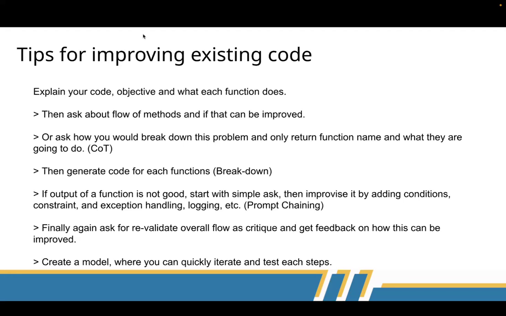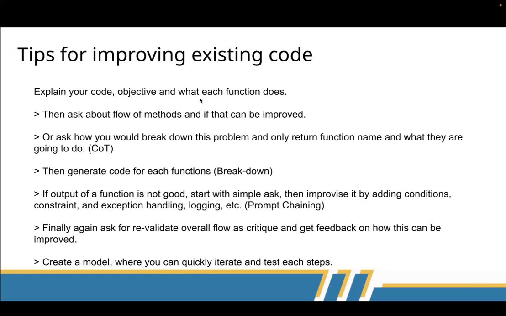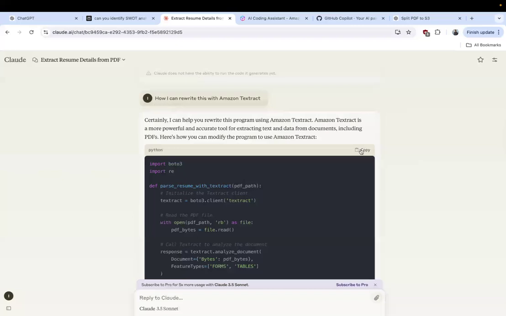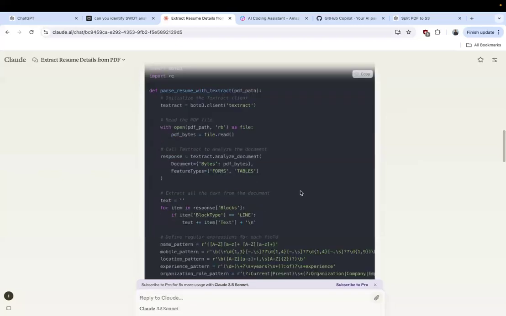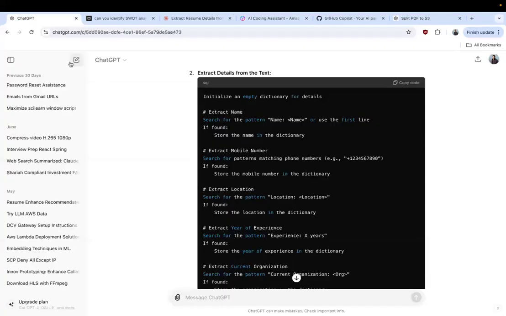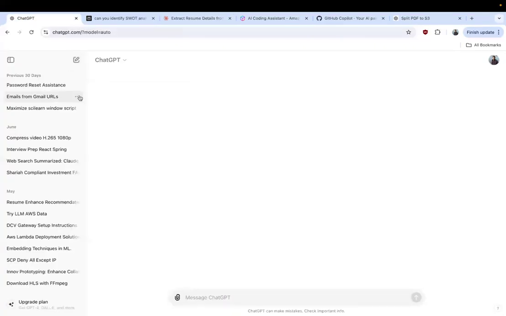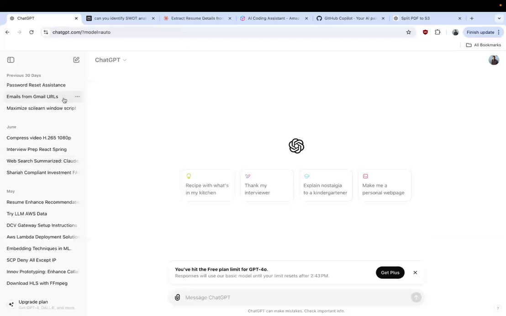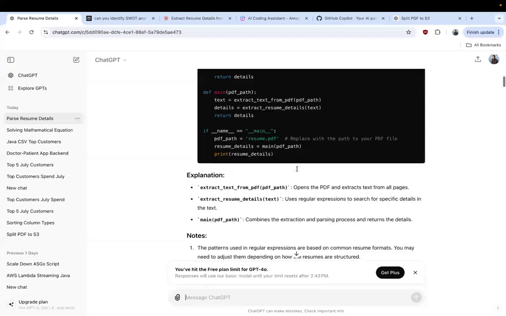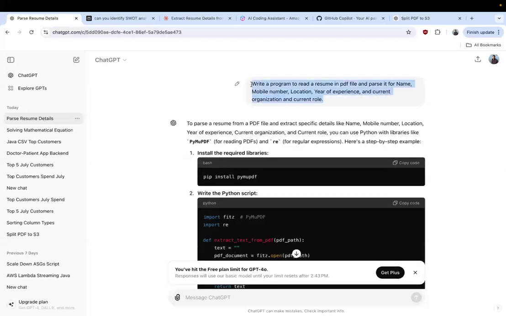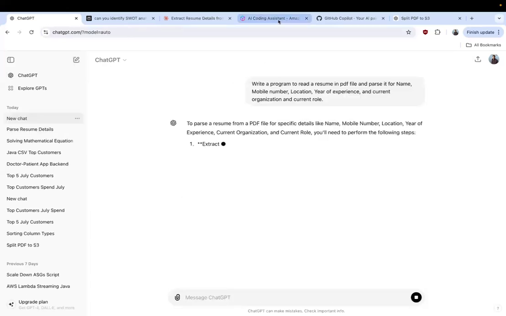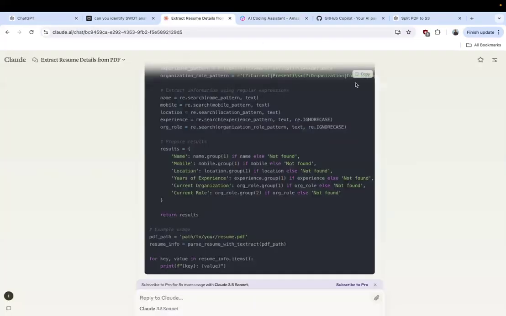सिमिलरली, एक बार आपने जो कोड जनरेट किया, लेट्स से मैं ये एग्जांपल लेता हूँ। अभी मुझे तो ये यहाँ का कोड ज़्यादा अच्छा लगा था, राइट, जो यहाँ पे इसने किया था। अब इस एग्जांपल को मैं चैट जीपीटी से वैलिडेट कराना चाहता हूँ, ठीक है। तो मैं क्या कर सकता हूँ, सॉरी कहाँ चला गया वो पार्स रिज्यूमे डिटेल वाला। Let me start with basic prompt again in a new thread, ठीक है। और फिर मैंने जो यहाँ से ये प्रॉम्प्ट लिया है,